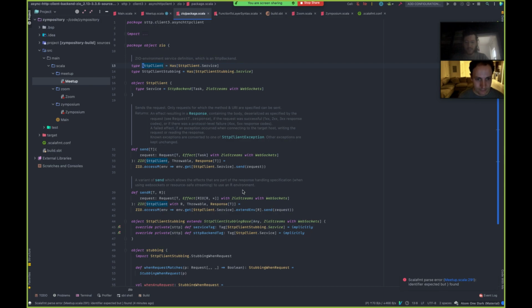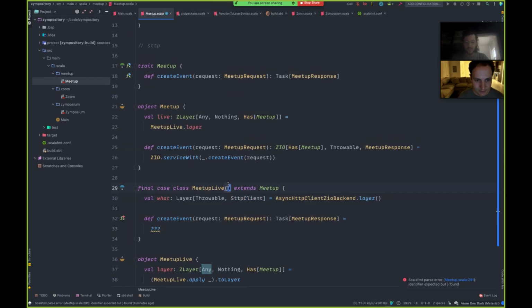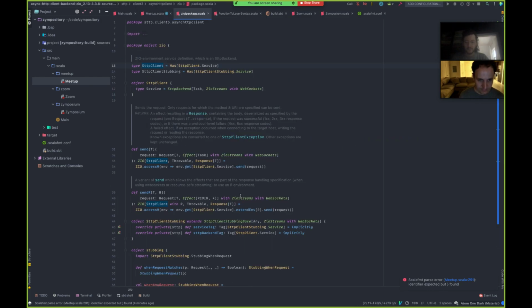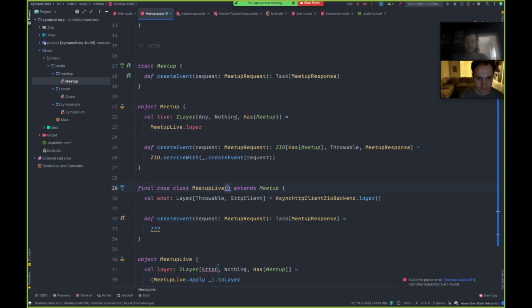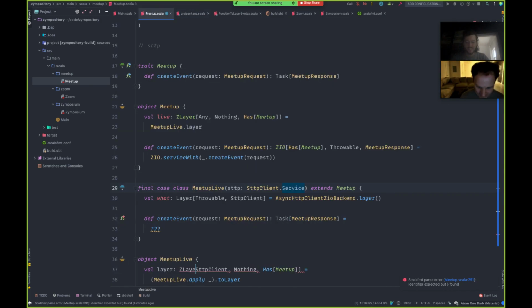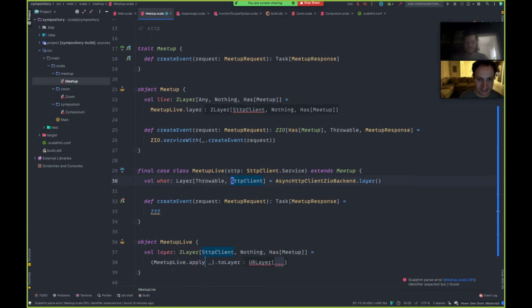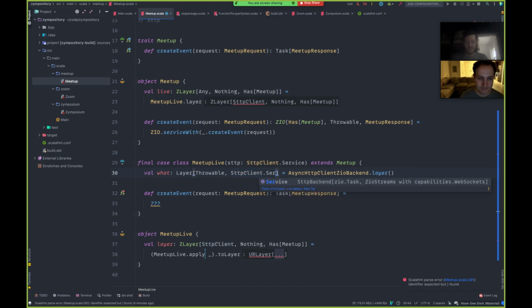They have a type alias. So that means this needs to depend on an STTP. Oh yes, and I actually made this request myself to follow the old pattern. So it's .service, which is actually an alias. We're in a slightly more complicated state right now, where not everything is fully consistent. But generally this would be a has of this, and we're going to remove that. It should just be a trait or a type alias or something.